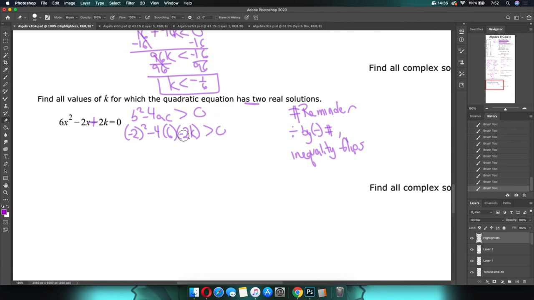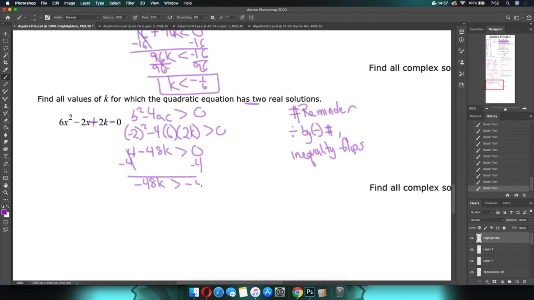Nice. Shrink my brush size. All right, so let's go through the efforts of going through this. So we have 2 squared, which is 4. 4 times 6 is 24. 24 doubled is 48k greater than 0. Minus 4, negative 48k